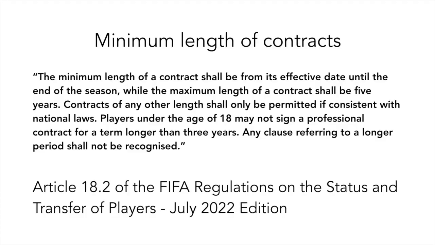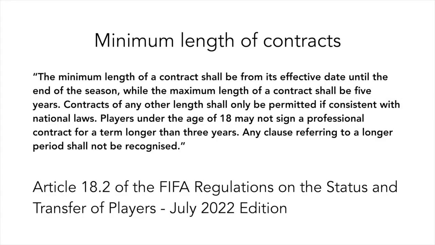So the FIFA regulations state that the minimum length of the contract is from the date of signing until the end of the season. If the player is an adult above the age of 18, then the maximum length of the contract is 5 years, unless the national laws of that country allow differently. And the maximum length of a contract for a player who is a minor under the age of 18 is 3 years. Any other agreement between the player and the club that states that the player can sign for longer